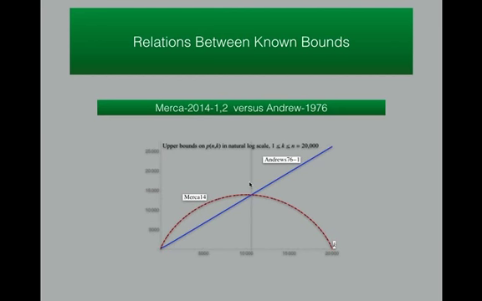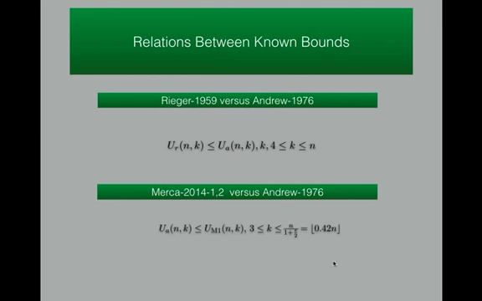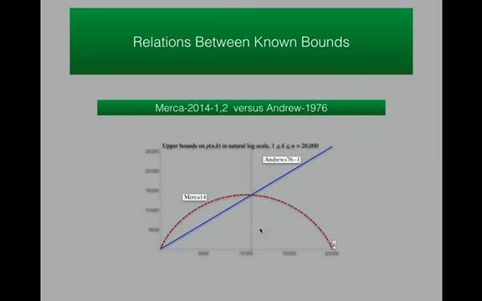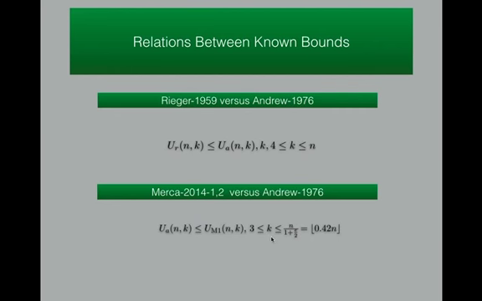So this place, when we look at the actual graph, turns out to be some number that is beyond 10,000 towards 20,000. Whereas the bound that is stated here for K, the upper bound, when we multiply 0.42 by 20,000, we get 8,400, and that happens to be less than 10,000. So the actual place where the two bounds intersect is greater than what the upper bound on K would suggest,